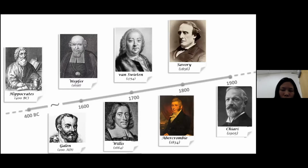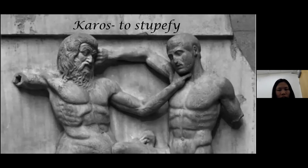Our current understanding of stroke and carotid artery disease really starts from the ancient Greeks. Since the early times, the ancient Greeks knew how important the carotid artery was. They knew that compressing the carotid artery would cause loss of consciousness. The word carotid is actually derived from karos, which means to stupefy. In this artwork, even from that century, in Athens, this centaur is compressing his opponent's artery